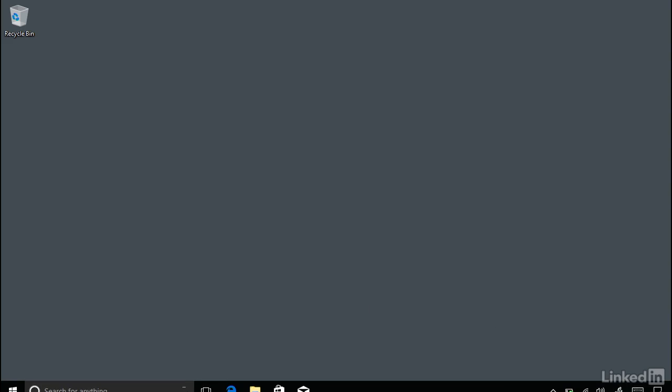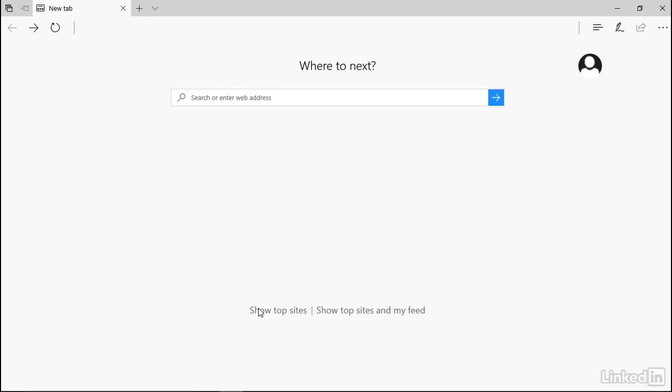In the Creators Update, there are a few important changes to Edge, which is the web browser that comes with Windows. I'll just launch that here from the taskbar. Many of the changes are under the hood. There are some improvements that make Edge run faster. You're now able to watch 4K videos from Netflix inside of Edge. And these aren't really things that I can demo, but there are a few features that we can see and